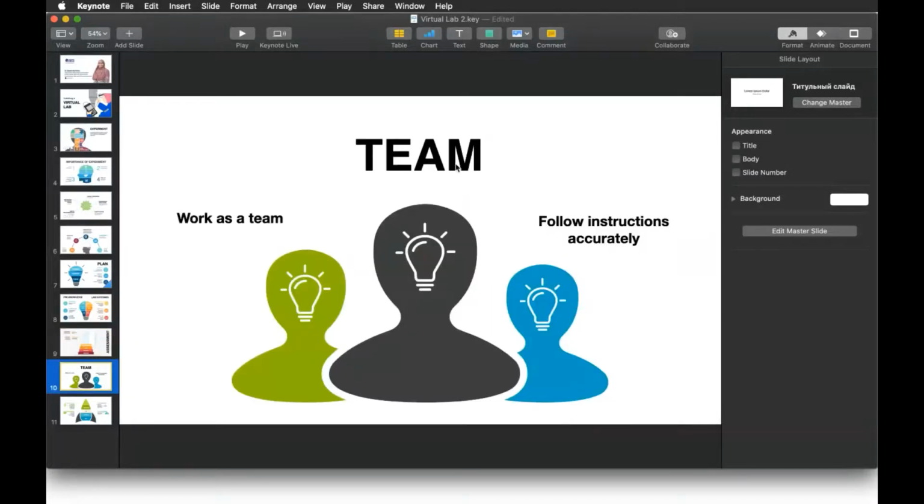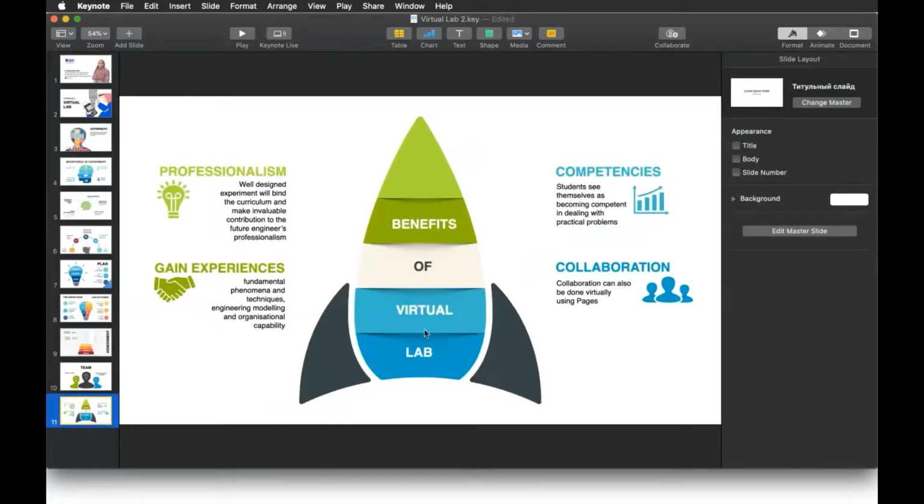So we can encourage work as a team even though they are in their home. Based on their observation, we can encourage their discussion and follow the instruction accurately. So the benefits of virtual lab, professionalism. If we design the experiment, the virtual lab properly, it will help us bind the curriculum and the future